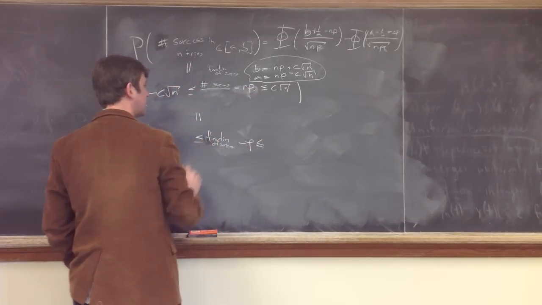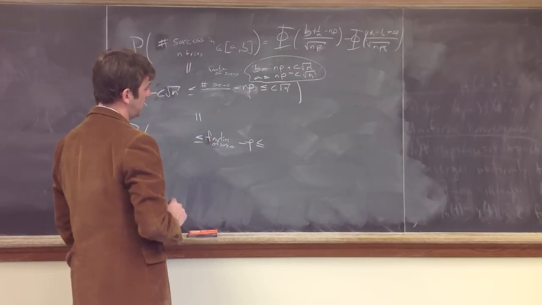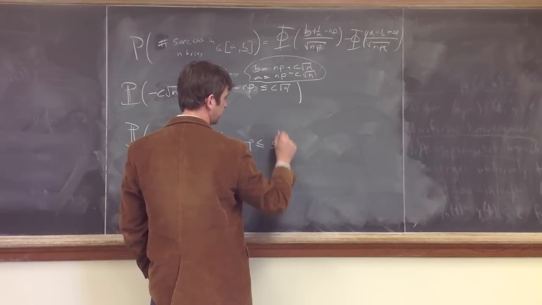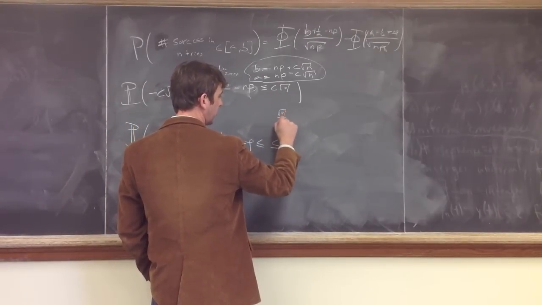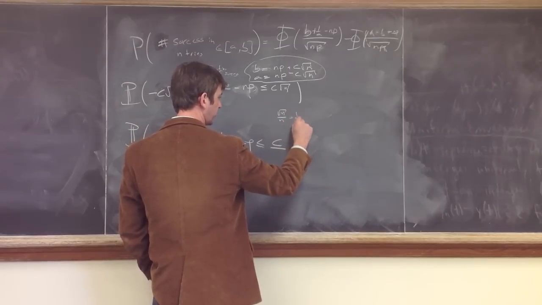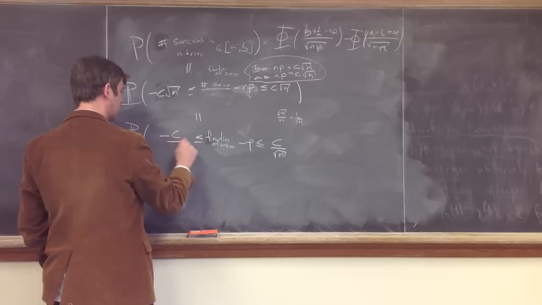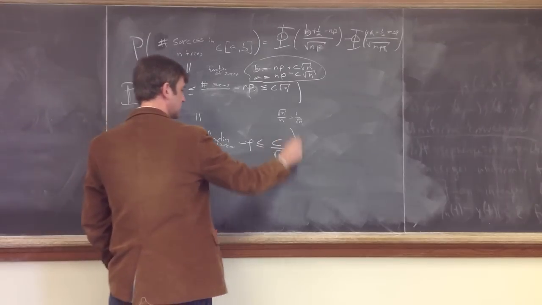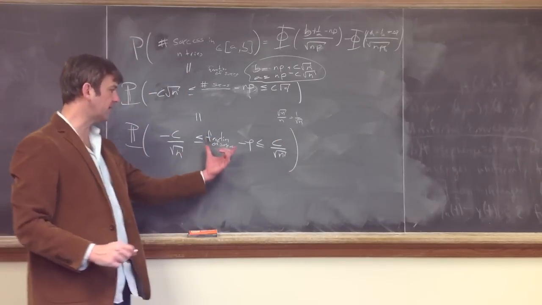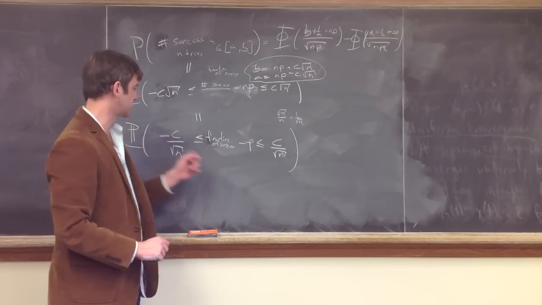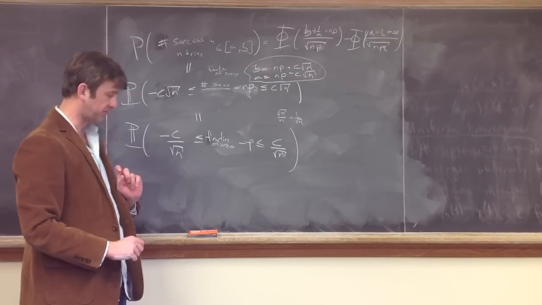The chance that this differs from p by more than a constant, now that I've divided through by n, I have square root of n over n, which leaves 1 over square root of n, and minus c times that. As n gets big, this says the chance that the fraction is outside of the little interval of size 1 over the square root of n